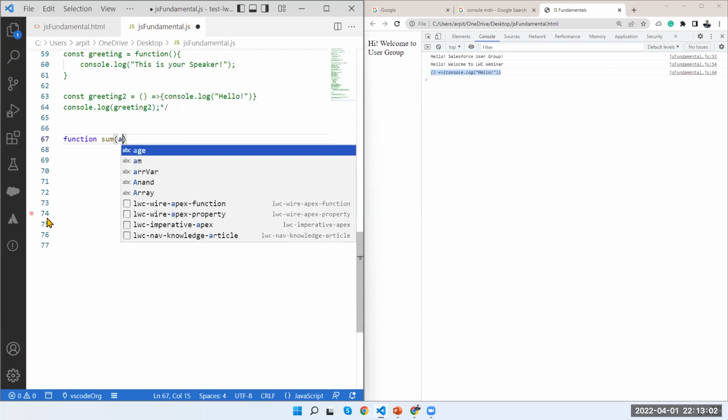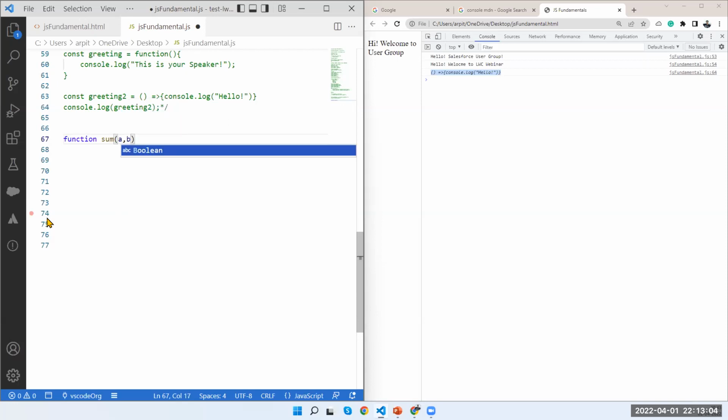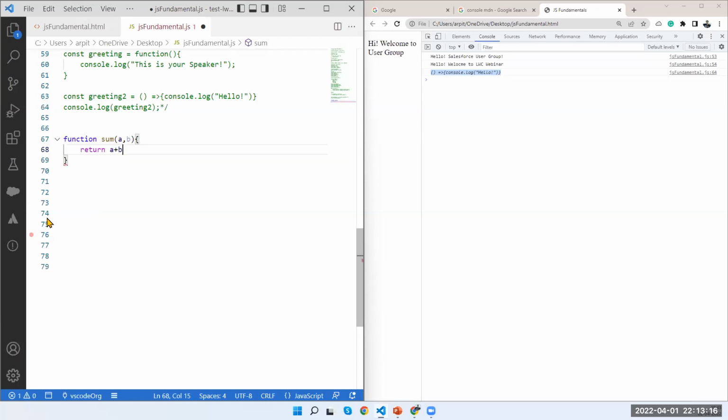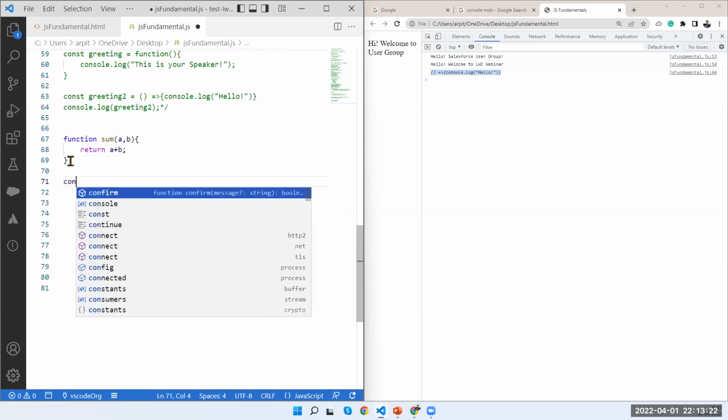I am passing a comma b value, and suppose I want to return something. So what I can use is return a plus b, right? And if I want to call it,